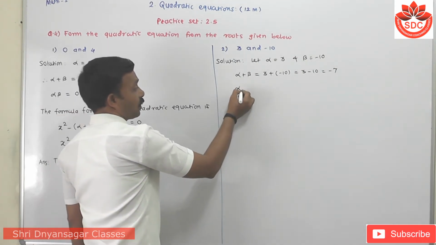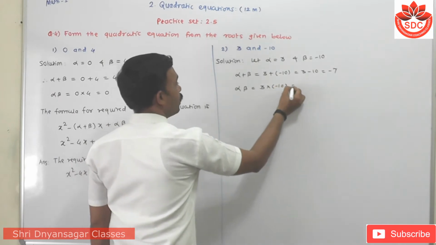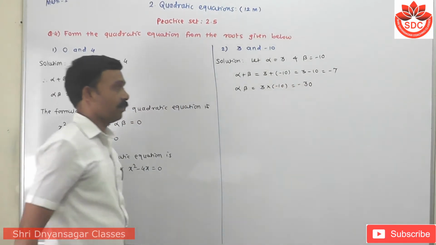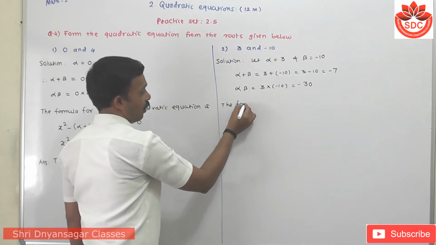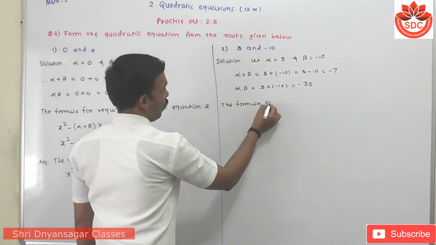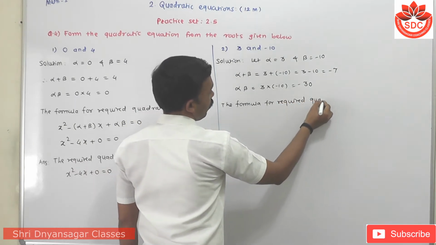Then the product of the roots, alpha into beta, is 3 into minus 10, which equals minus 30. Students, then the formula for the required quadratic equation is